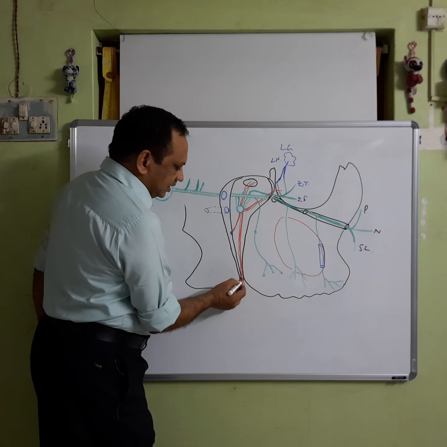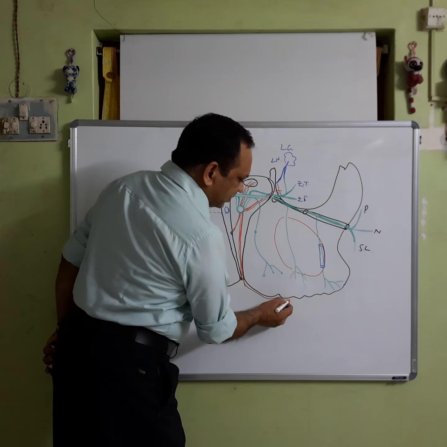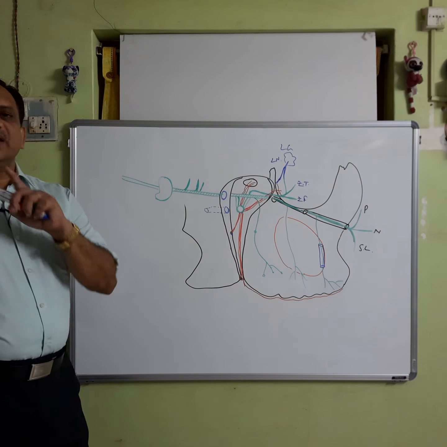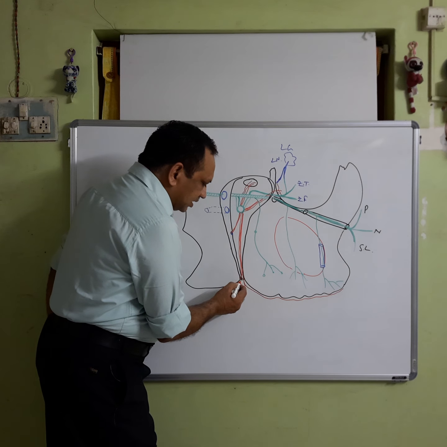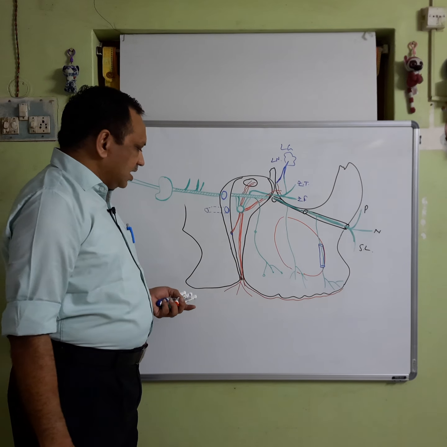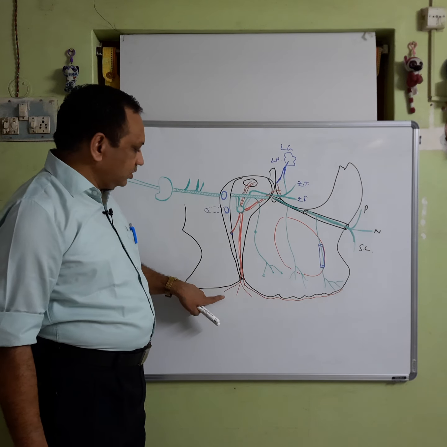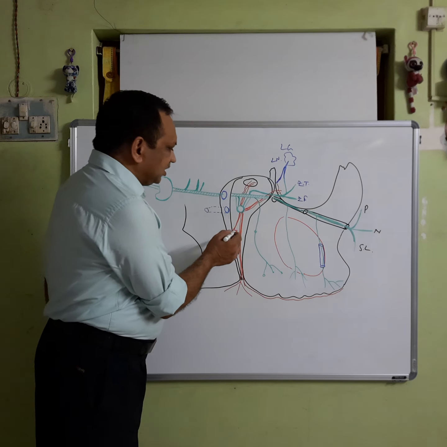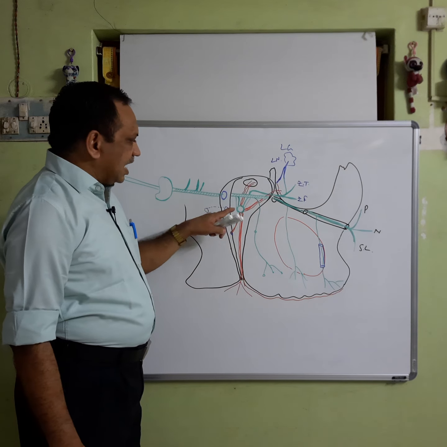So, the greater palatine nerve goes down and supplies the glands and mucosa of the hard palate up to the incisive foramen. The lesser palatine nerve innervates the mucosa of the palatine tonsils, soft palate, and this carries the taste sense also from here to the maxillary nerve. So, these are the 4 types of branches from the palatine ganglion.